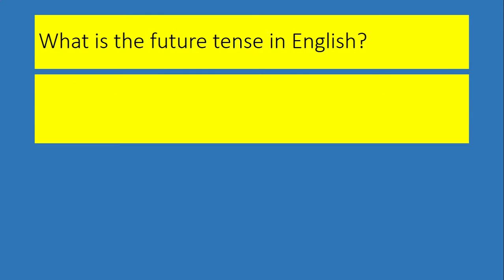As with all tenses, it really is a waste of time trying to learn a tense in a foreign language if you don't have a basic understanding of tenses in English. The future tense I'm going to teach you, the key is the words "going to." So: I am going to play football. He is going to eat some pizza. They are going to go home at 10 o'clock. So it's the key word "going to."